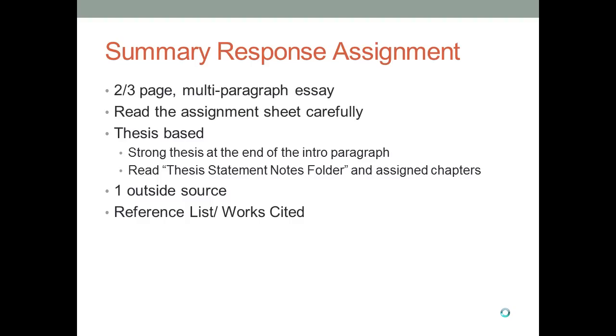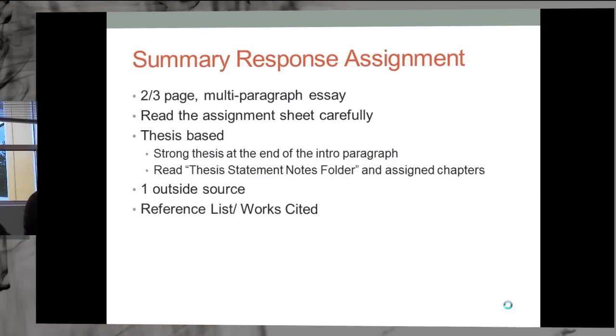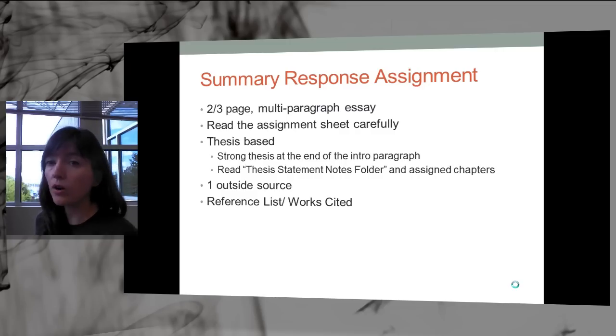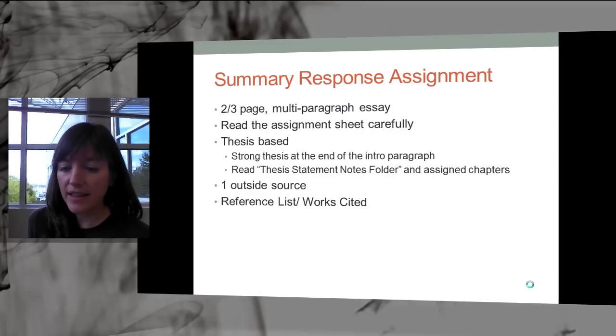You also need one outside source. So as I was talking about earlier, that source needs to back up why you agree with Robinson or why you do not agree with Robinson. So the source could be a newspaper article. Let's say that you are disagreeing with Robinson, that people can make positive changes, because you feel that when people are dealing with forces like addiction, it's incredibly difficult for them to make positive changes if they don't have, say, family support. You could maybe find